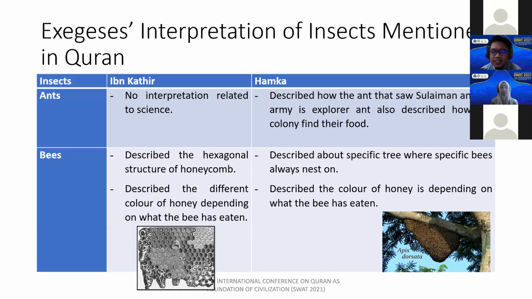No, I mean Sulaiman understood what the insect was saying, that the army is approaching. And then for Hamka, first he also mentioned the same as Ibn Kathir, and then he added more information about how the ant that Sulaiman's army met is actually an explorer ant, which he also described, about how ant colonies find their food, which is